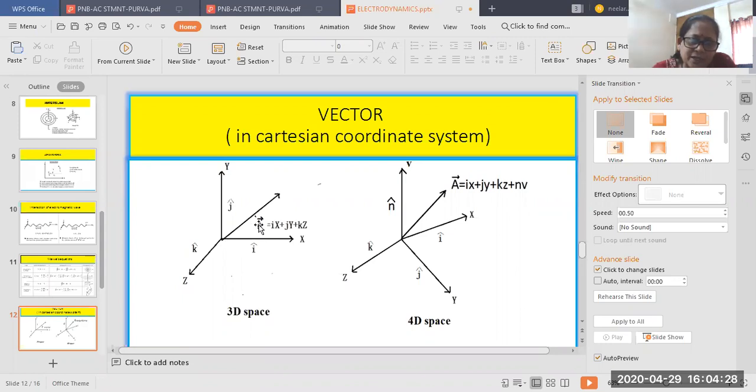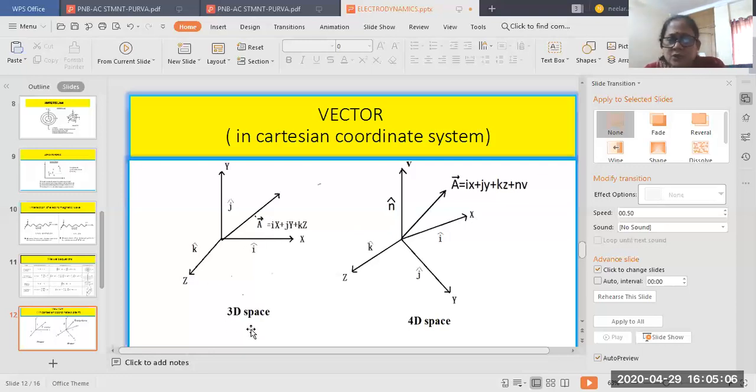So you can see here A is a vector, it has got magnitude as well as direction. The angle with respect to the Cartesian axes defines the direction, and the magnitude is given by taking the magnitude of this. How will you take the magnitude? You take A dot A. Or you take A and divide it by the magnitude of A, that gives you the unit vector along A. You can use that to calculate the magnitude. In that way also you can do it.